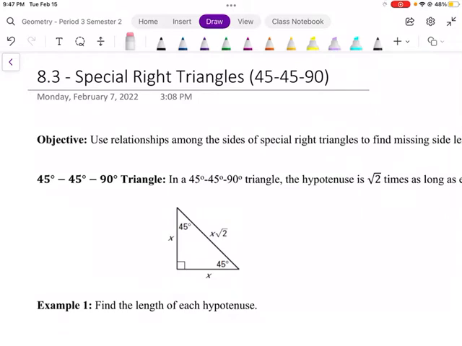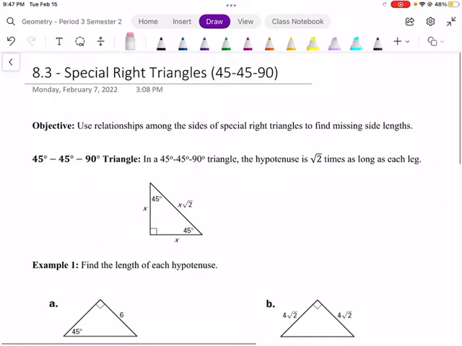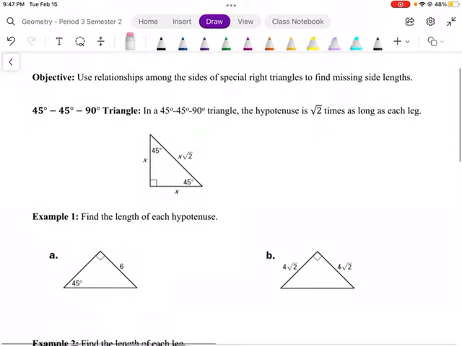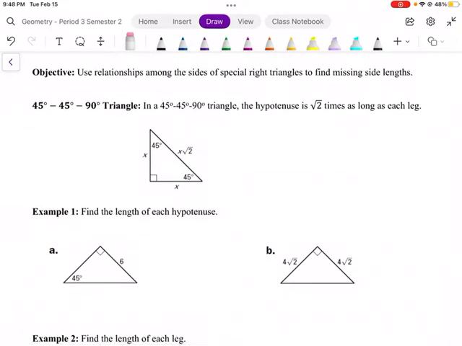8.3 is our first section on special right triangles. There are two different types of special right triangles, and today we're just going to be focusing on the 45, 45, 90. Our objective for today is to use the relationships among the sides of special right triangles to find the missing side lengths. So in this triangle,